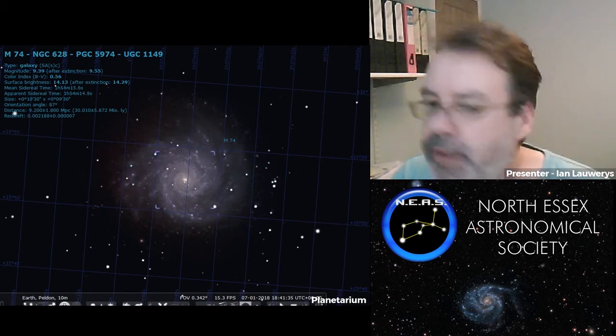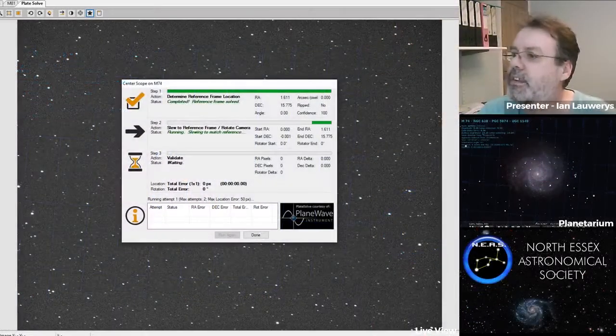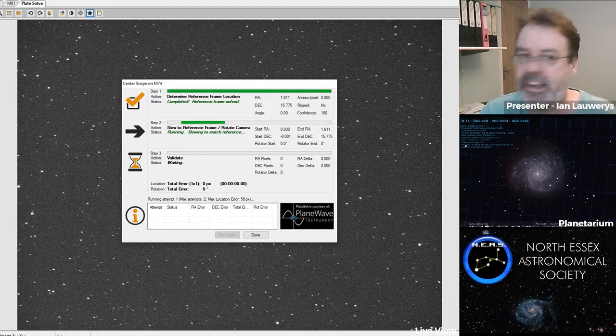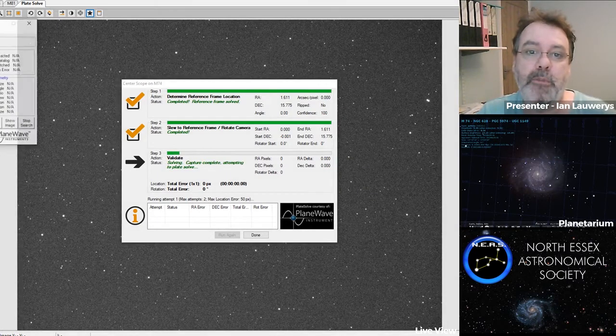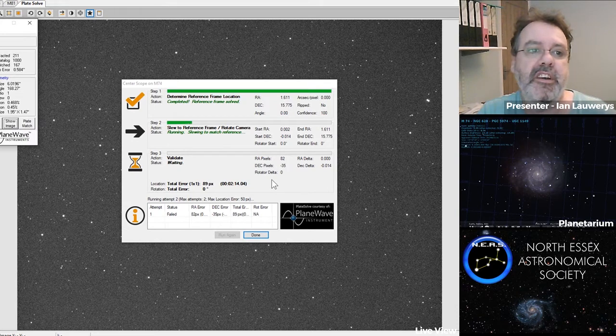So what we're having to do here is I've got some software running, in which I've put all the different things that we want to see, and found where they are in the sky. I've then told the software to point the telescope at that object. What it's then doing is taking an image of that area of the sky, and it's using some clever software to work out